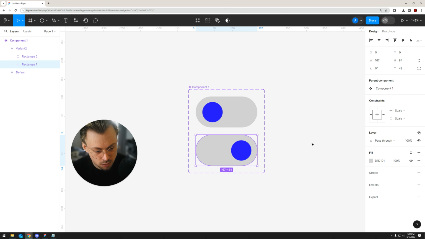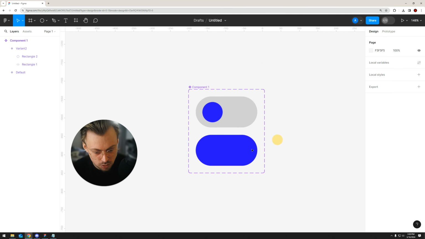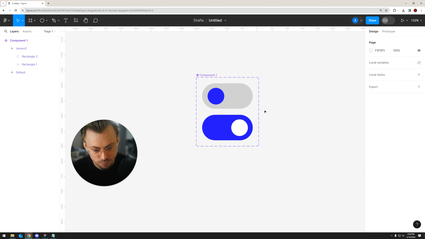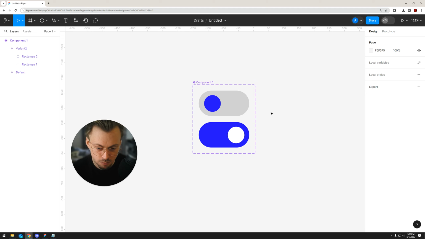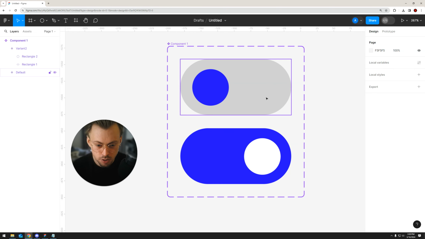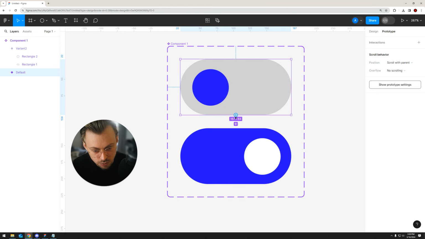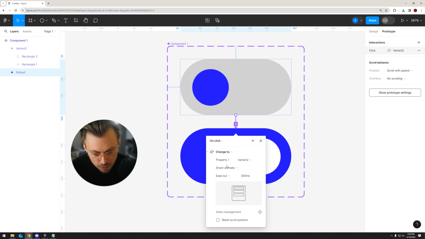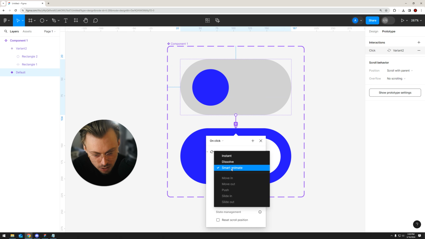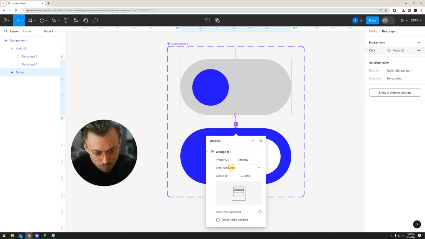Okay, now let's change the background. I want it to be inverted, I guess. Yeah, I guess this works. Okay, now all you have to do is just go to prototype, click on the first one, drag it to the second one, and then on click, smart animate, make sure it's usually on instant, so smart animate basically creates